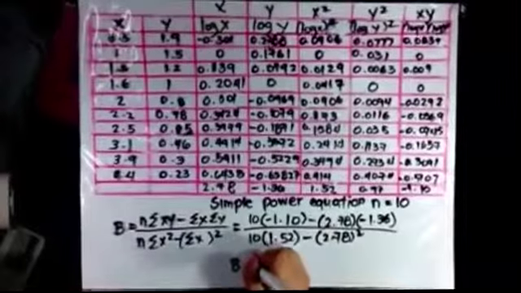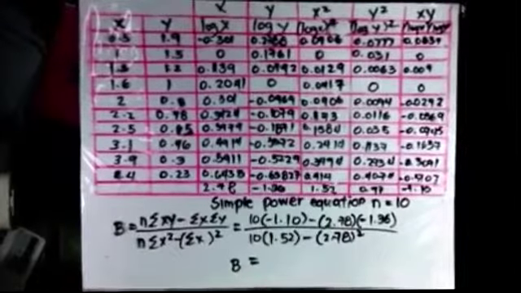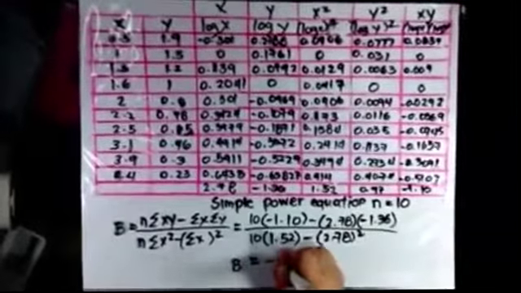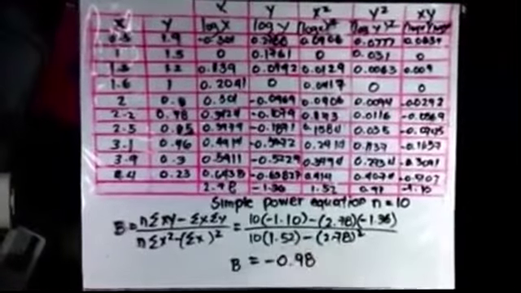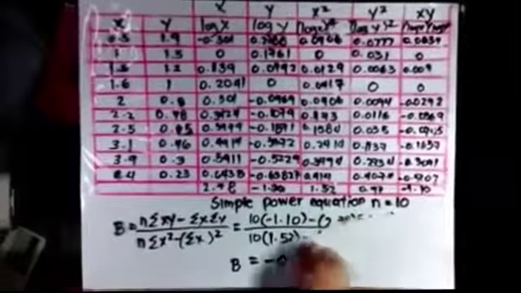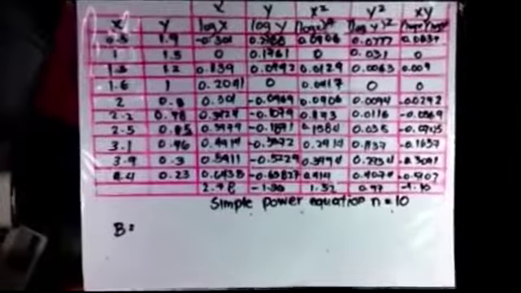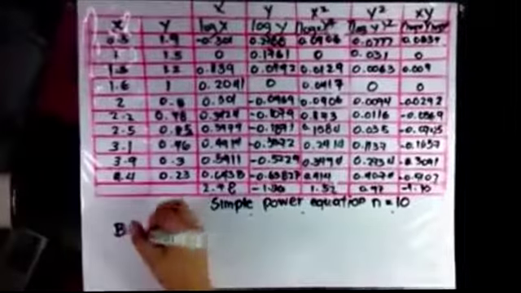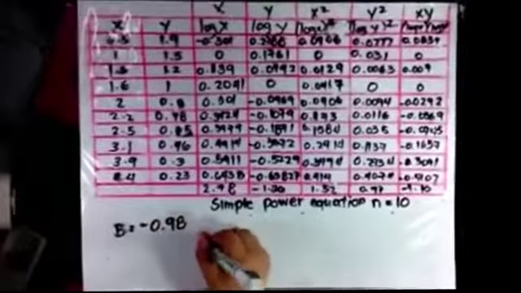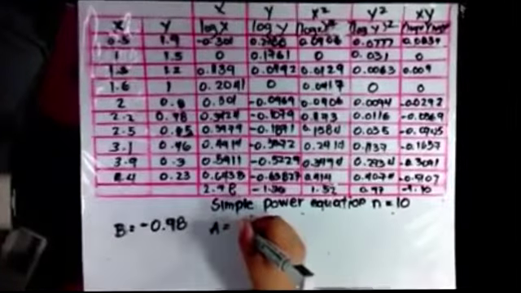B is equal to negative 0.98. Now we get the value of B, which is negative 0.98. Then we have to get the value of A, which is, the formula is A is equal to